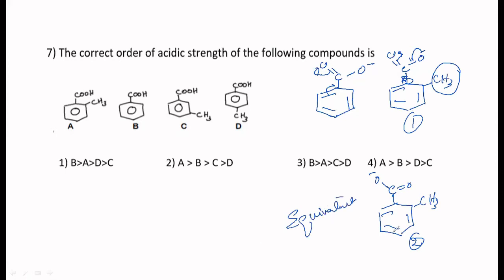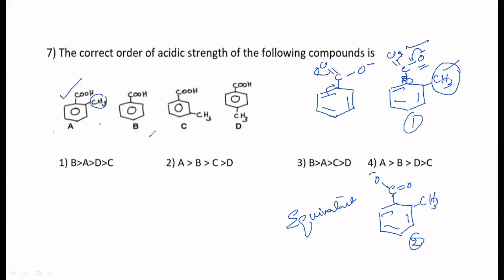Okay, equivalent structures. Whenever the canonical structures are equivalent, the resonance hybrid is more stabilized. Because of this more stability, if the acid has got any big group at the ortho position, that acid will be more acidic. Whether you have CH3 or any other electron withdrawing or releasing group, it is immaterial. It should be a big group. Like if you have Cl, that is not going to show ortho effect. CH3, yes. NO2, yes. And therefore, this is the most acidic one.